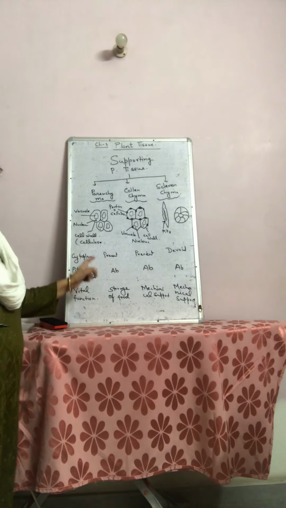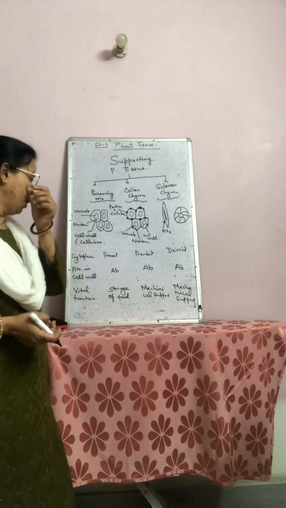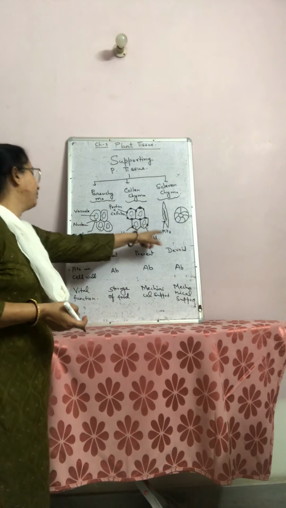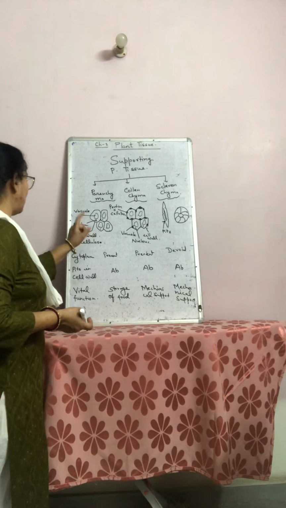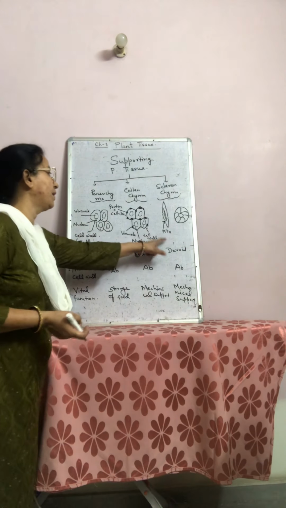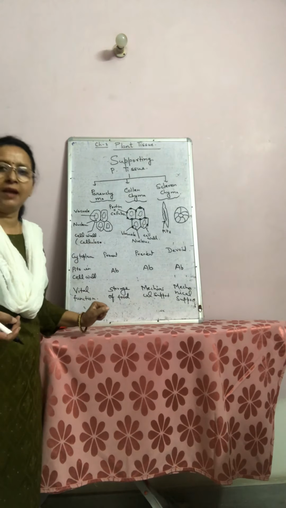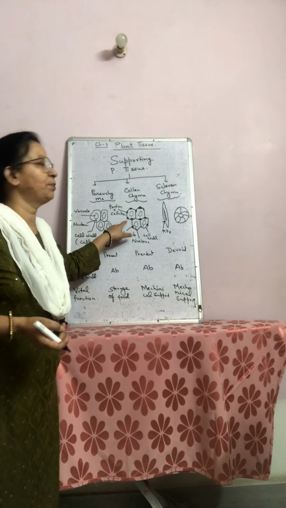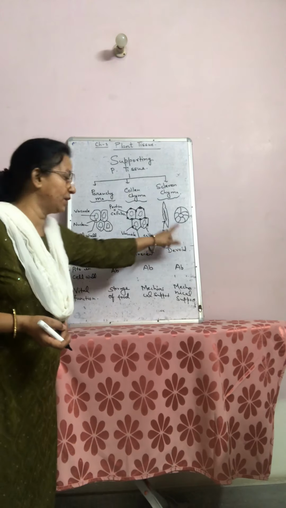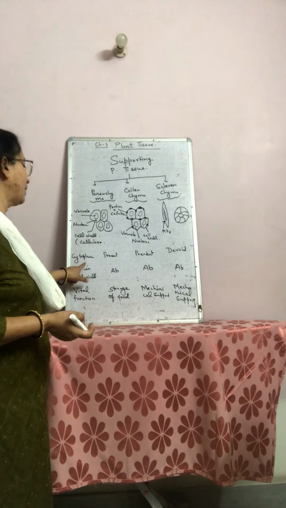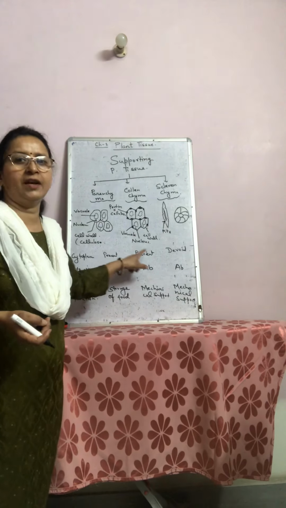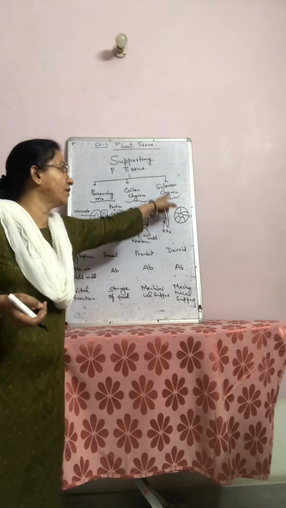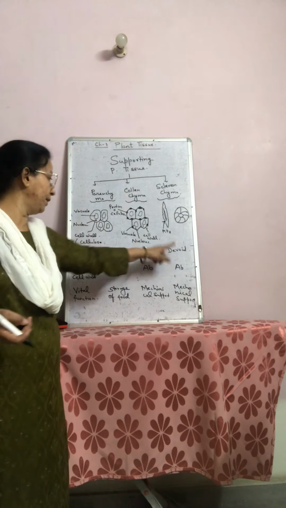You have seen here, the first one, the nature of the cell: living, dead. Second one, intercellular space: may be present, absent. Then you have seen the cell wall. The cell wall consists of cellulose plus pectin. Here the cell wall is lignified. After that, come to the cytoplasm. Cytoplasm is present here, but it is devoid or absent because these cells of sclerenchyma are dead.